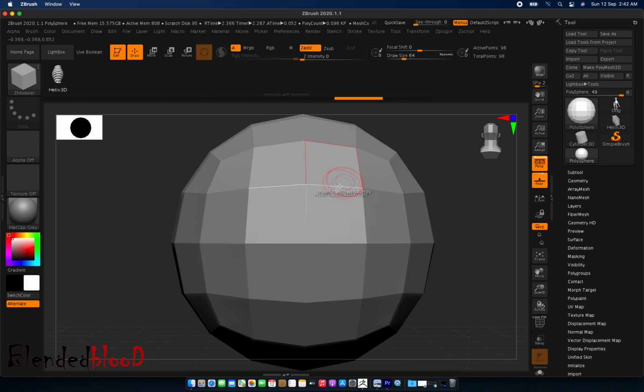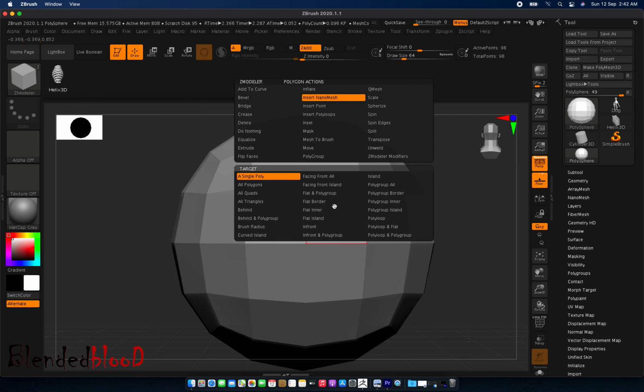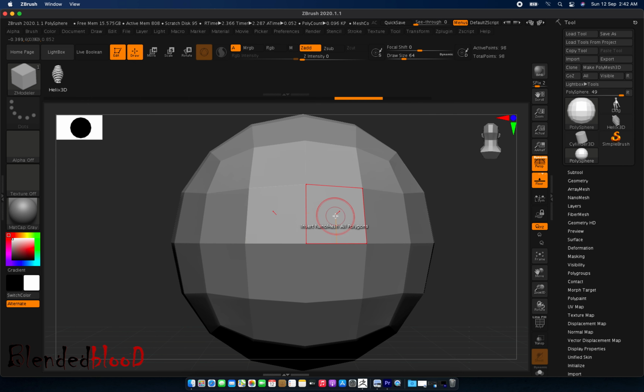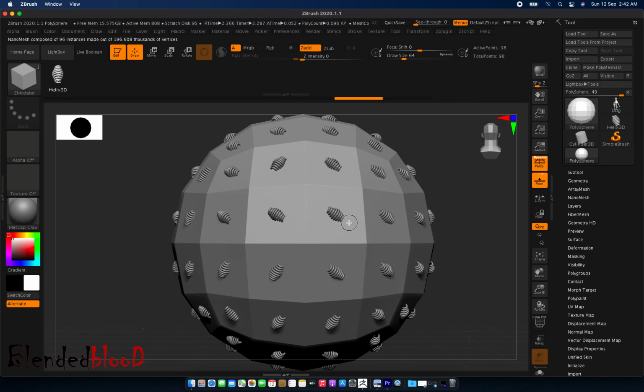For that you have to press and hold the space bar. You can see in the target option that single poly is on. You can change this to all poly and make sure your insert nanomesh is on. Okay, after this, whenever you drag your brush on your poly like this,